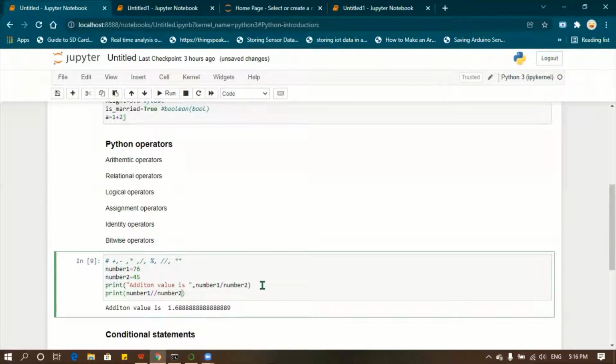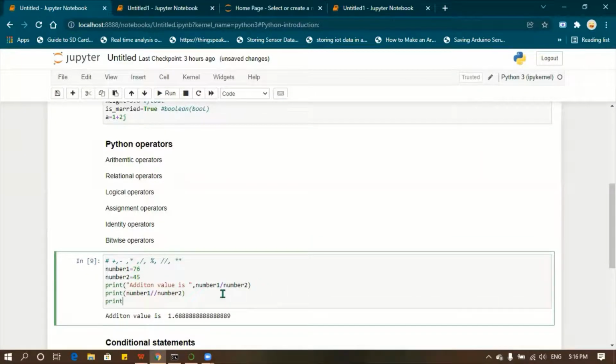Next again print number 1 modulo division number 2. So these three symbols are going to perform division only.